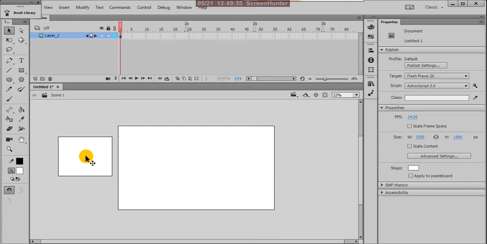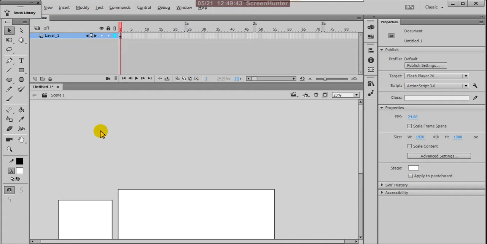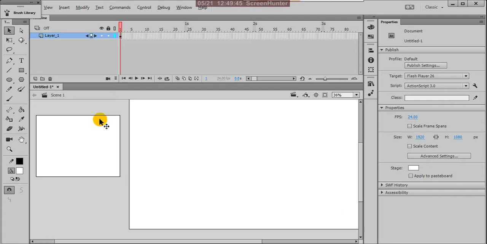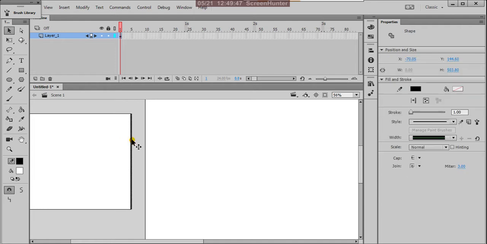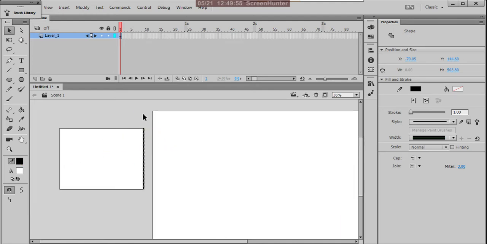If you observe here, this is white, so the fill color is white, and this is the outline color, meaning the stroke color. Here you can separate them.